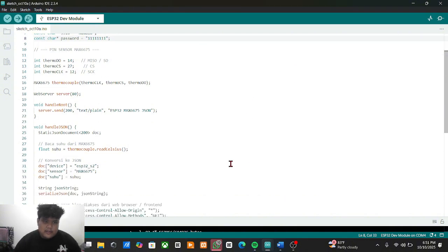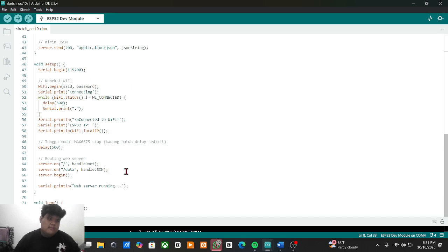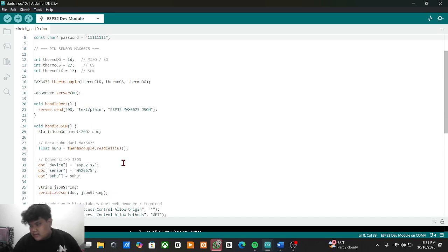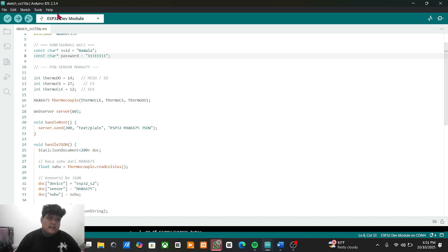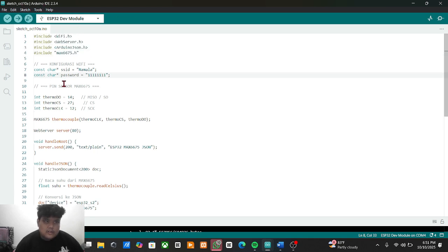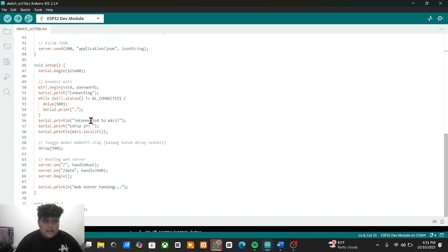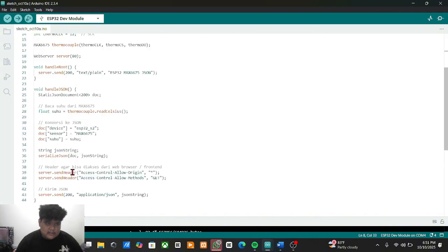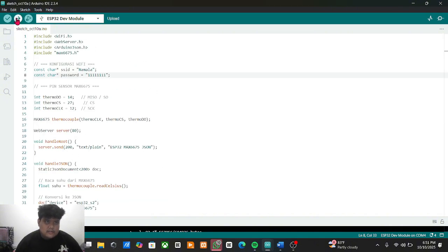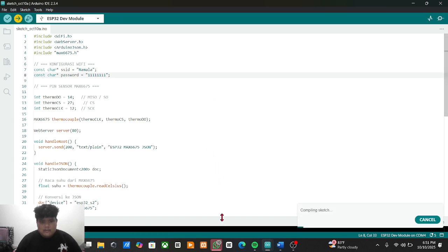The circuit has been made on the breadboard using the ESP32 Dev Module. Make sure the port is connected, and then when this is done, just upload the program to the hardware.